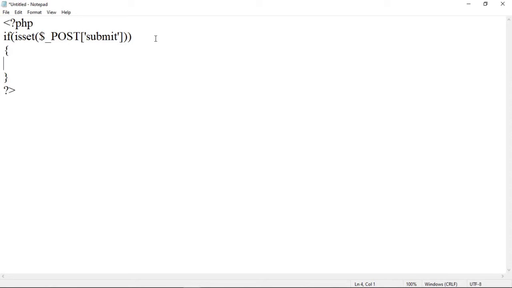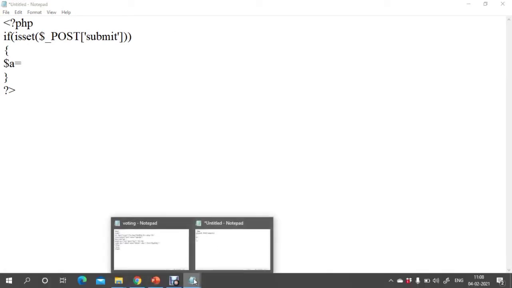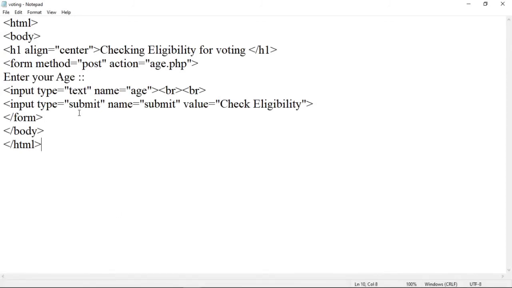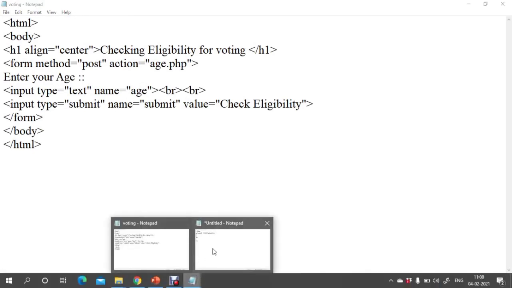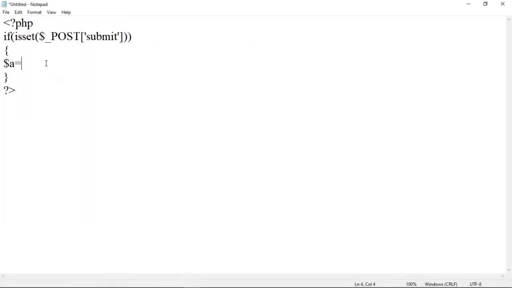So let us declare one variable, suppose a is equal to, from this HTML file voting, we have passed the value of age, which is contained in this text box, and the name of the text box is age. So we want this value on this file, that is the age.php file.